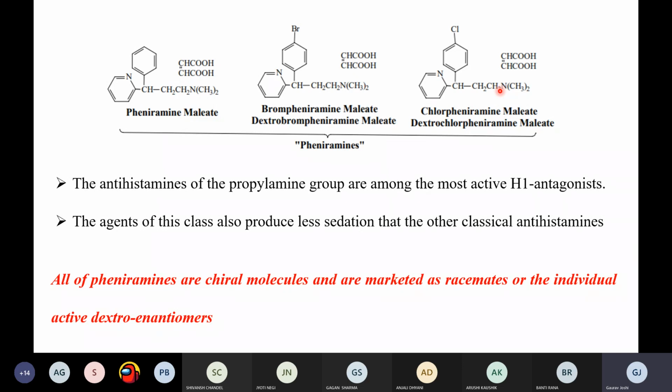So hope you know what racemates, racemic mixtures, are. That was a question in your exam also. Basically, they have equal concentrations of the dextro and the levo isomer, right? Plus and minus will be equal. For example, whatever amount of dextro is there, the same amount of levo is there, right? So in total, when we talk about optical isomerism, it is net zero, right? So this is the thing.